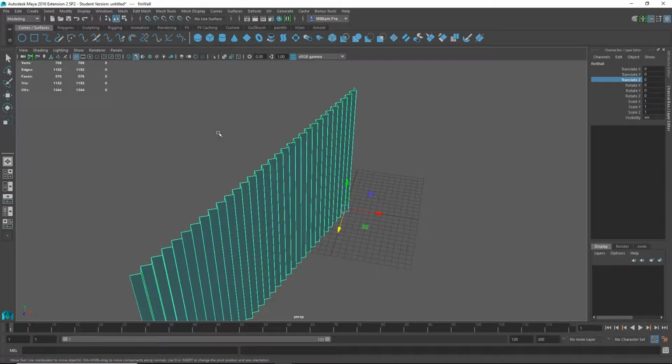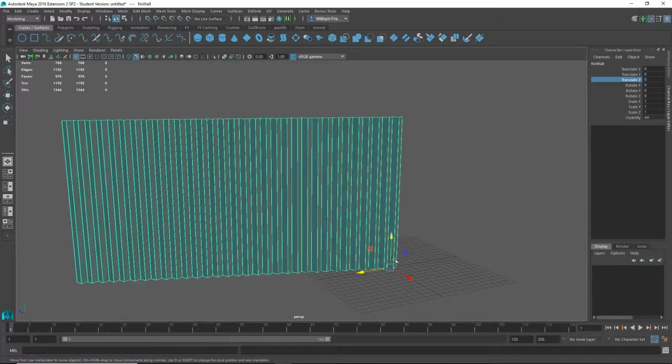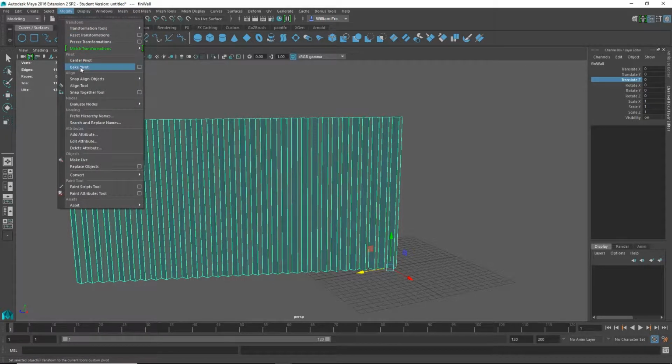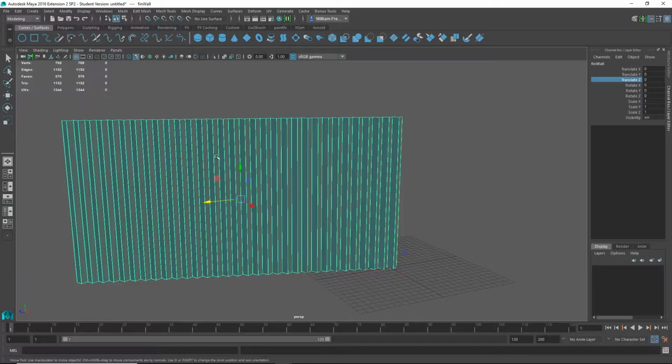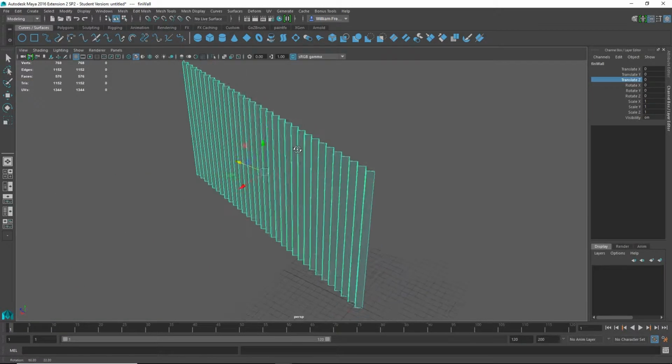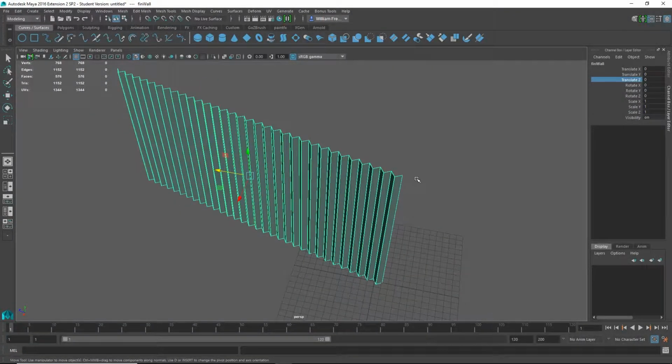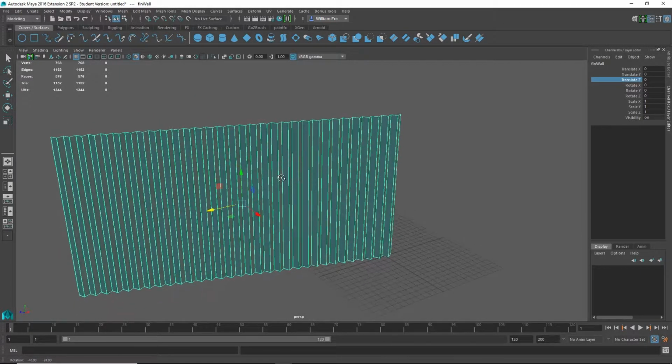Now you'll notice when I created the fin wall, my transform is left down here. If I want to center that so I can position it relative to everything, I can do Modify, Center Pivot, and that'll shift the pivot here. If I want to snap parts of these walls together, like build another wall, or duplicate this and rotate it and put it together so that it pieces together, I can